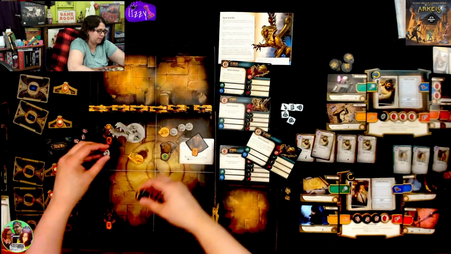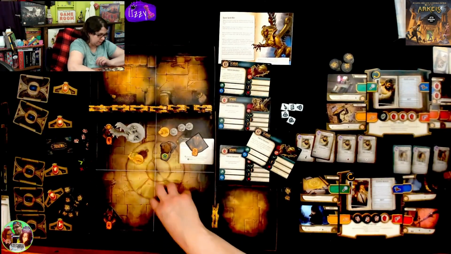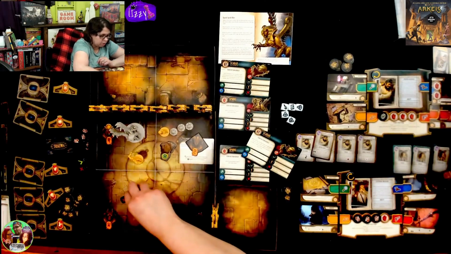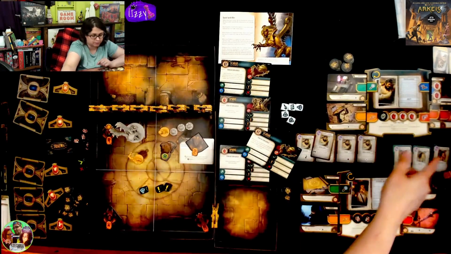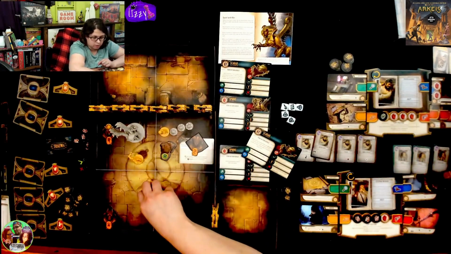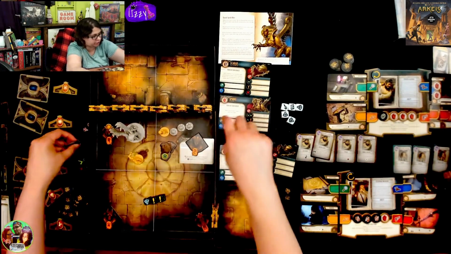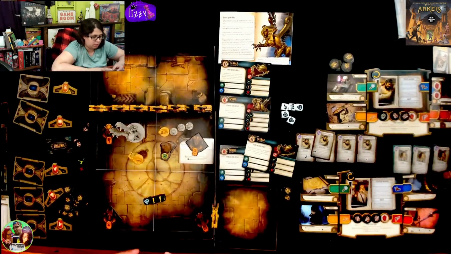Okay, well, I'll fight this one. Hopefully take it out. Yep, took it out. And then I will fight the Sphinx. Oh no, I can re-roll 1 die at least. Okay, that counts as a check, which counts as a double check. Okay, so then I will have to take 2 injuries, but I will get to resolve this without having to